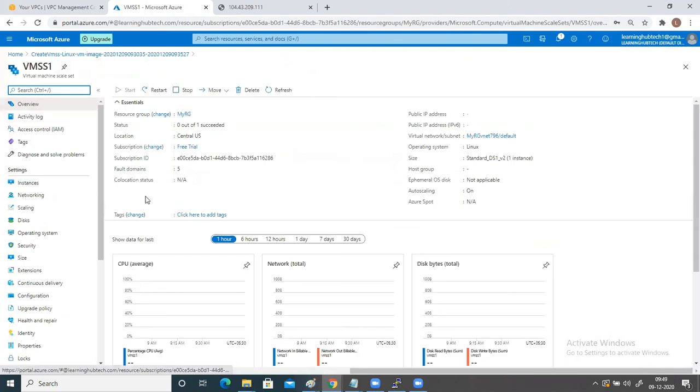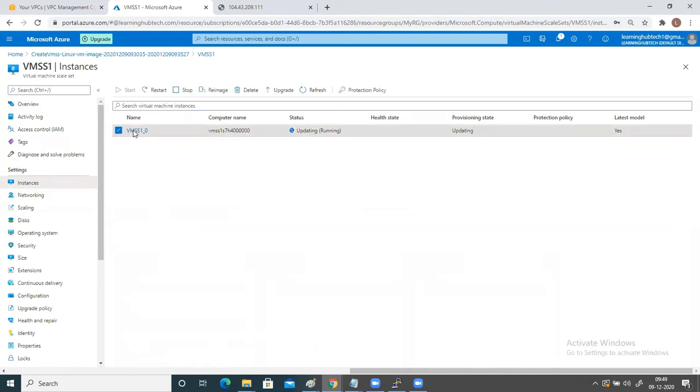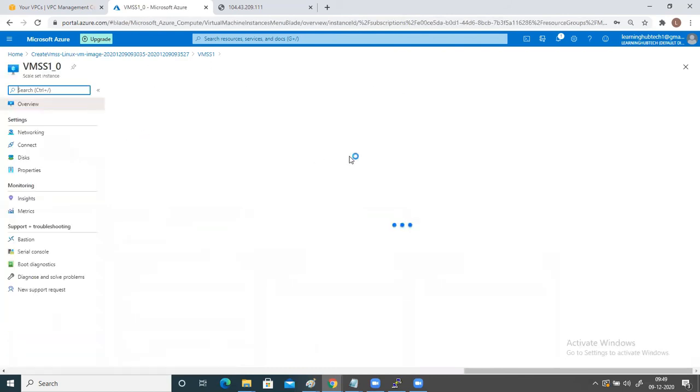Now I want to check the instance. So come to settings and click on instances here. So currently you can see that one instance is already created here, VMSS1, and the status is running. It is trying to update it. Okay. So if you open this instance here, you can see